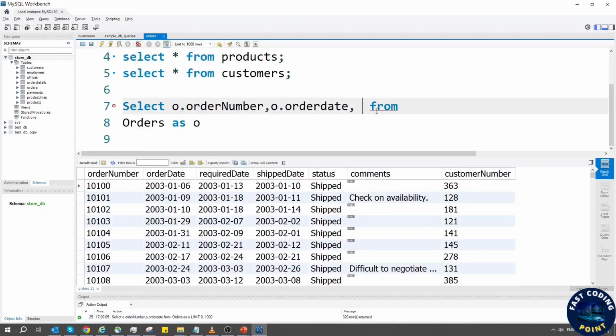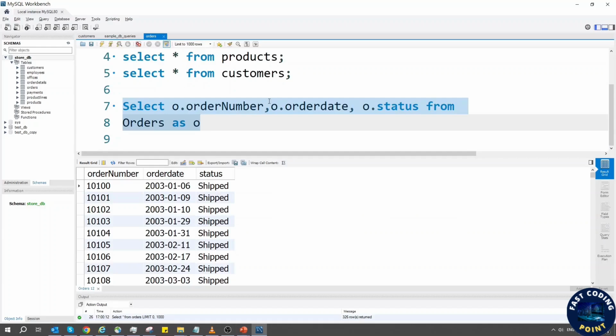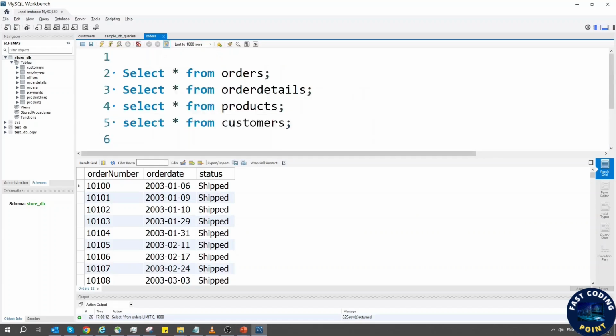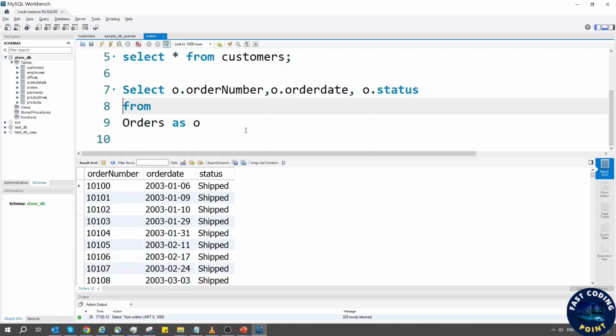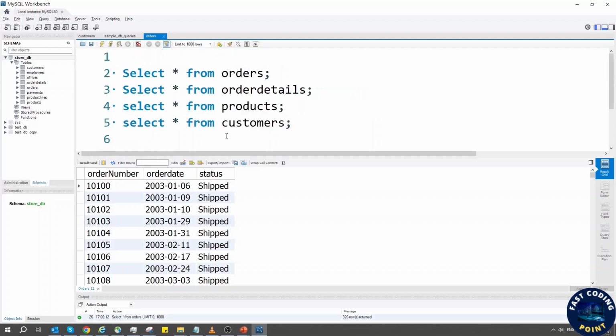So I include one more column, O dot status. It will tell the status of the order. Now let's check if this query is okay up till then. Yes, it is okay. Now we need to join another table to fetch other details of the orders, and